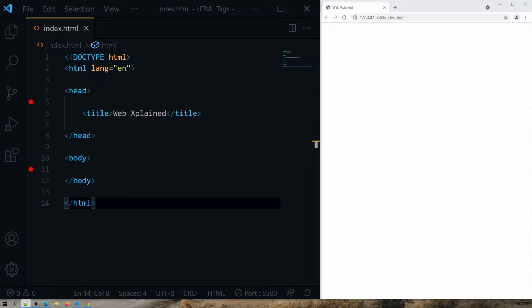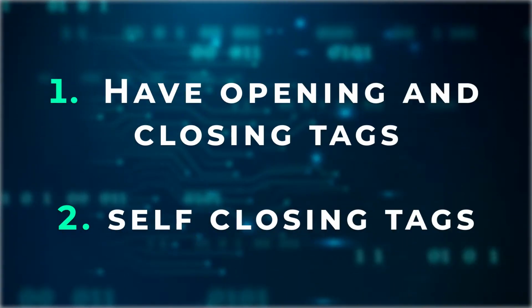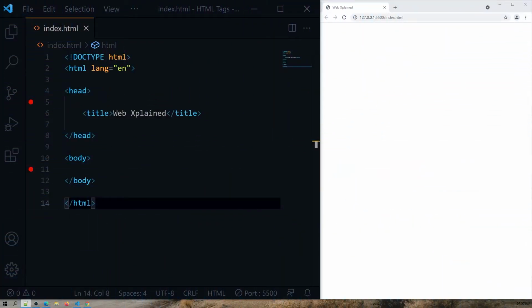We can classify tags in a broad way based on their structure and based on their use. So based on structure, we have two types of tags. The first one is tags with opening and closing tags, and the next one is self-closing tags. For example, here the HTML tag has opening and closing tags.